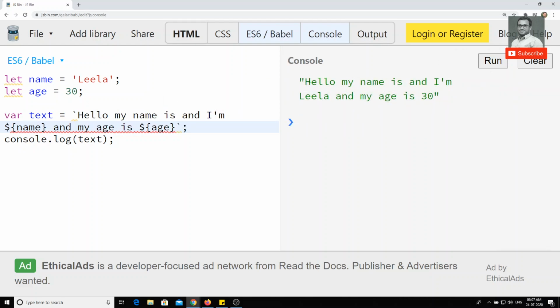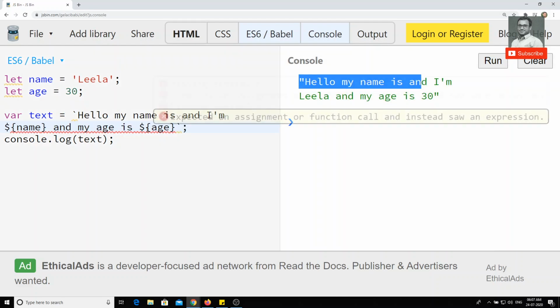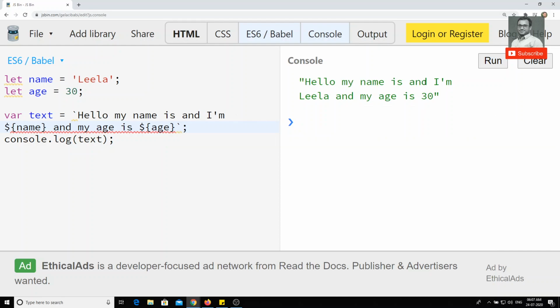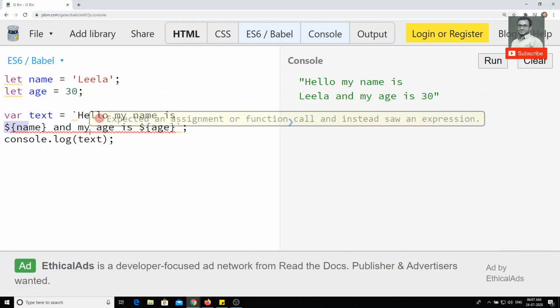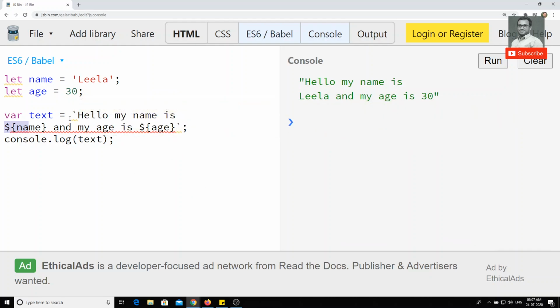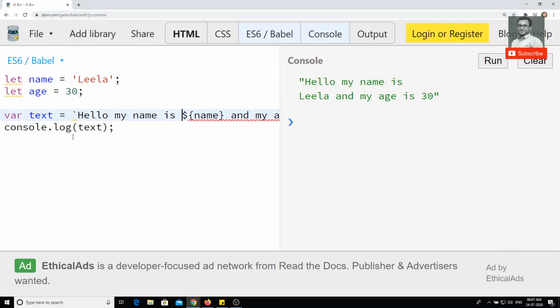So here you can see "hello, my name is Leela, and my age is 30". You can use the variable like this in the template literal. This looks like an easy way to represent strings in ES6.